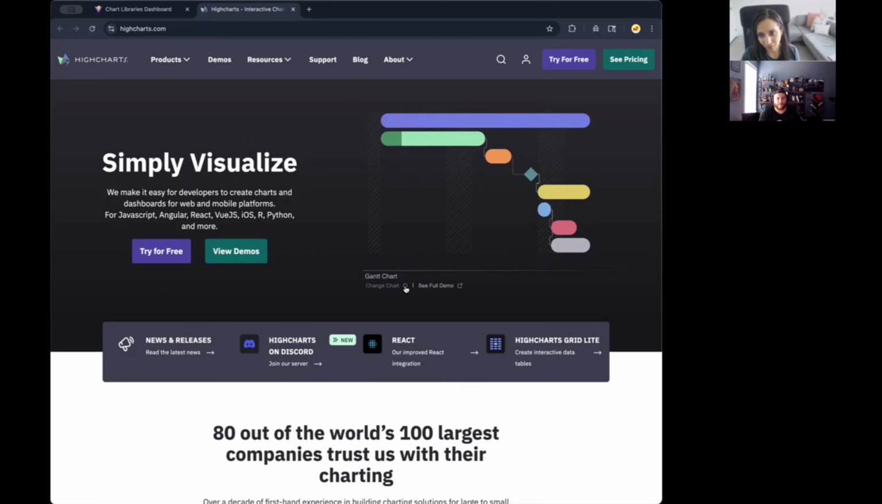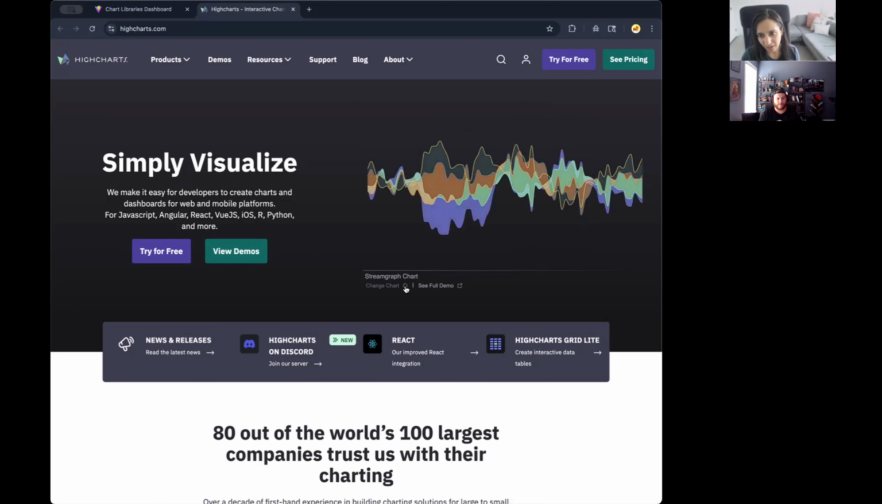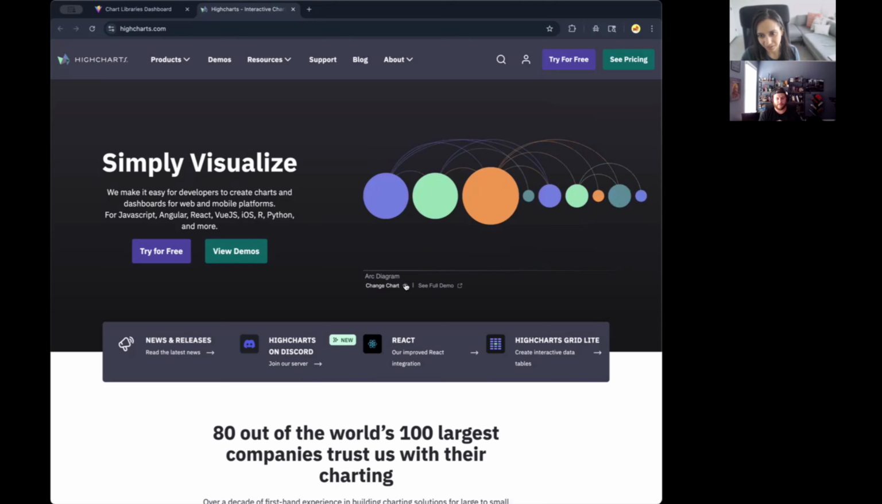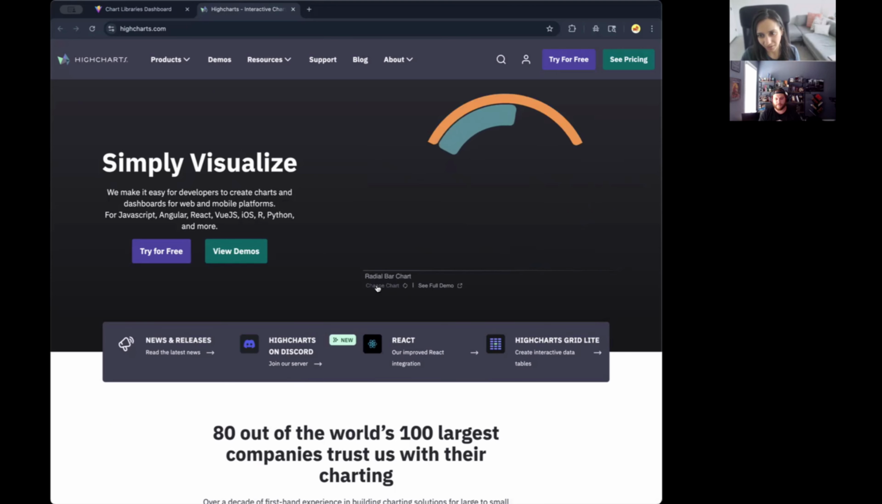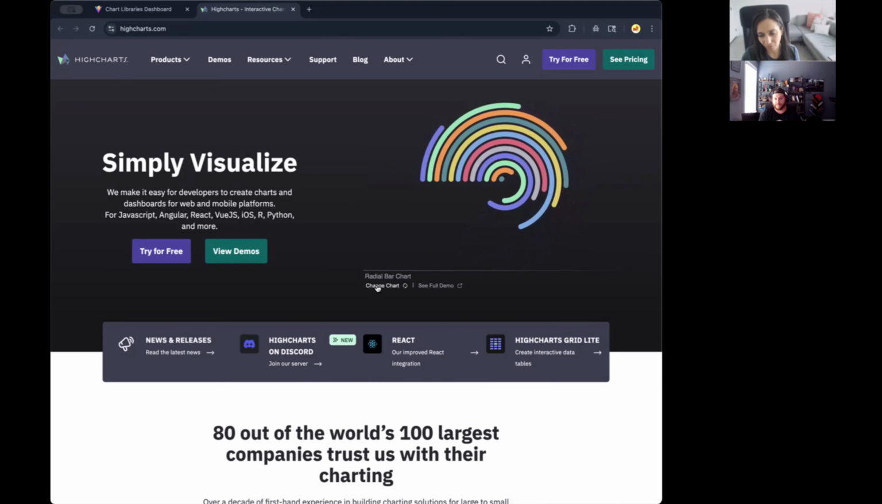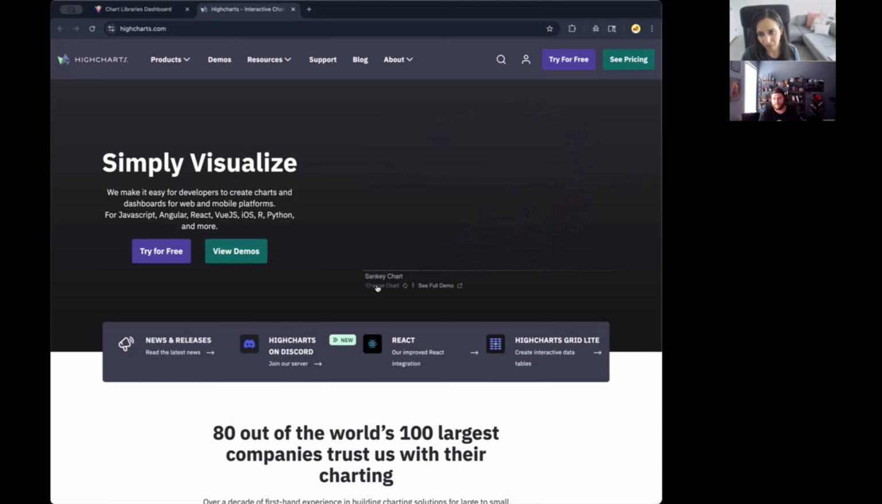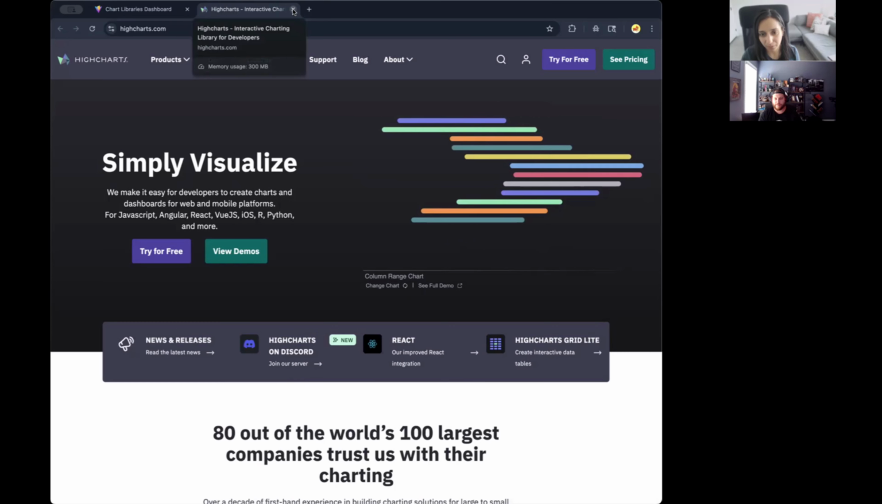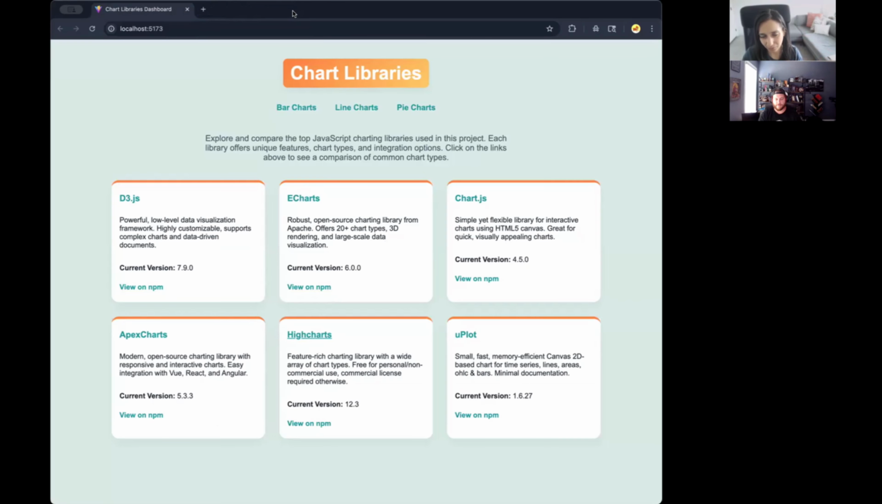I'm really loving how they have so many examples, and all I'm clicking on is this change chart button right here, and you can get a look and feel of what it might look like when you implement any of these. So definitely check these out. There are also a plethora of examples of how to implement this if you still struggle. It seems like their current version is 12.3. They're also, again,